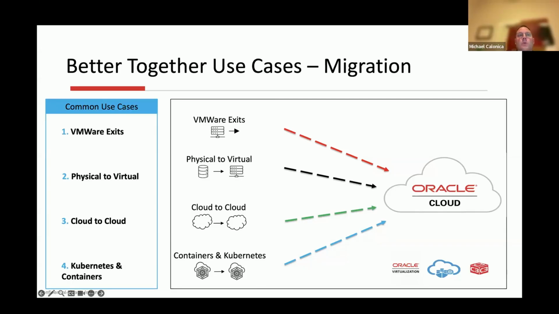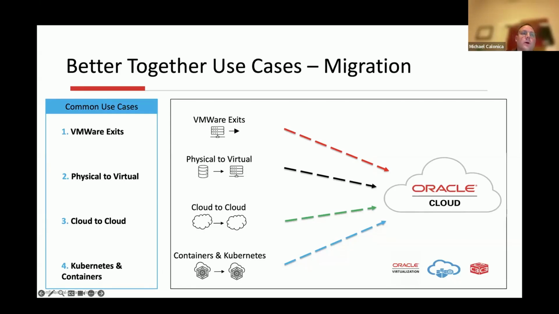And then last is really around containers and Kubernetes. And we've seen a big rise in containers and Kubernetes environments, right? There's a lot of benefits to that. But with that, we're seeing a lot of organizations looking to move into Oracle Kubernetes Engine. And so RackWare can accelerate the container and Kubernetes migration by moving other Kubernetes or containerized workloads into OKE. And this helps enable platform standardization, improves the resiliency, and simplifies operations while supporting hybrid and distributed Kubernetes deployments across